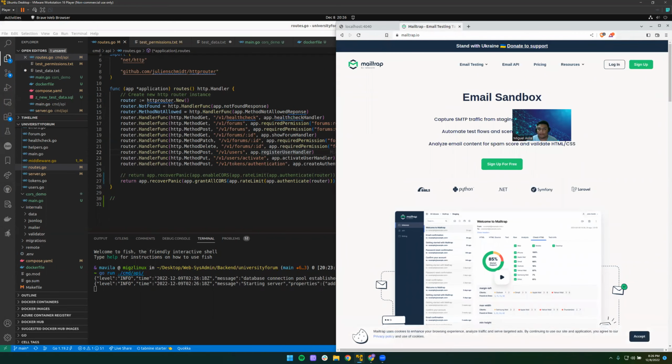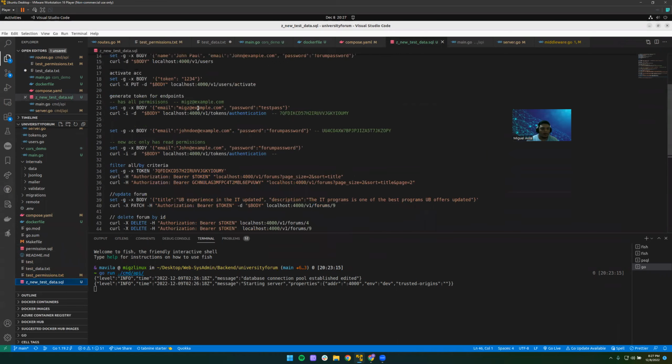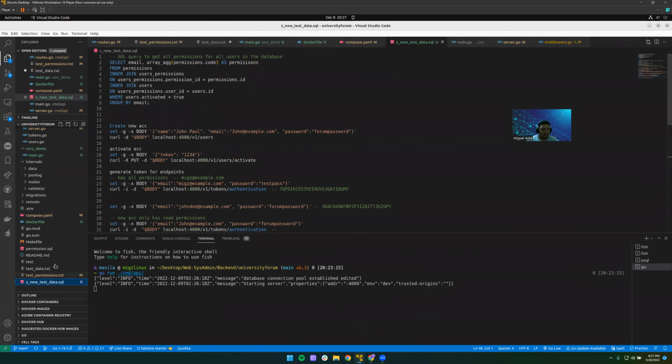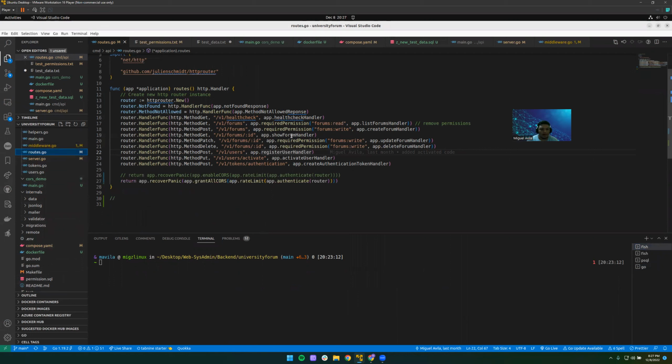So as I was saying, if we go ahead and try to authenticate the user, there's the endpoint. If we check our endpoints, we have the authentication, which we would pass our username and password. And if we try